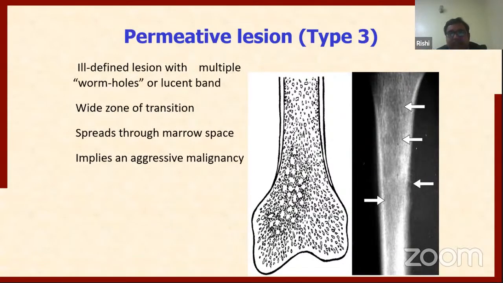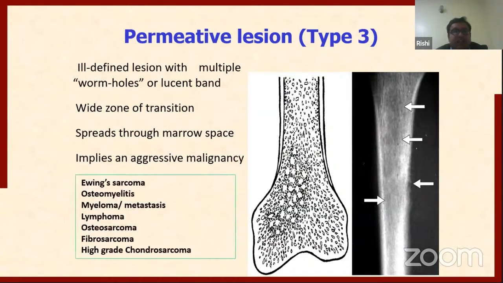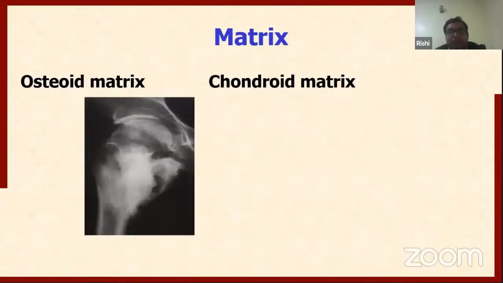They appear traversing through the marrow space with a wide zone of transition, and this is most commonly seen in malignant bone lesions, and sometimes also seen in osteomyelitis and infections of the bone. So now coming to matrix,